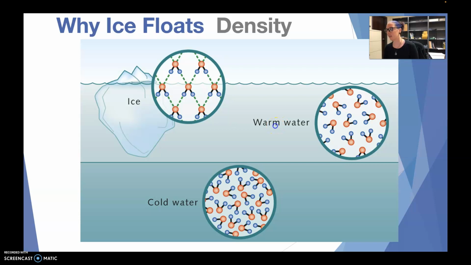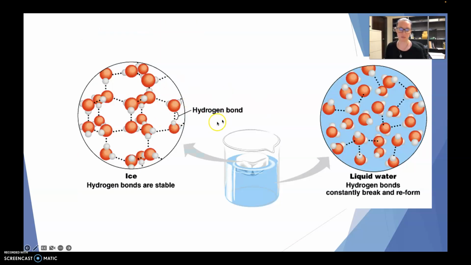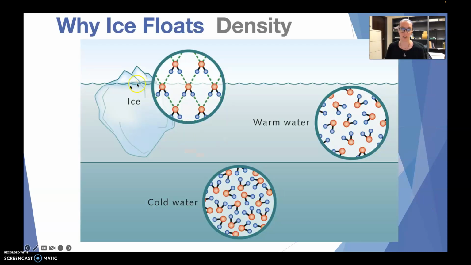And then here's just another image very similar to the ones we've been showing, just that ice is less dense than water. That's why it floats. It doesn't float completely though, right? It's not straight up on top of the water. It's like with the iceberg, right? It's only the tip of the iceberg. Perhaps you've heard that verbiage before. So overall it floats, but it's not like straight up floating on top like a feather would float on top of water.